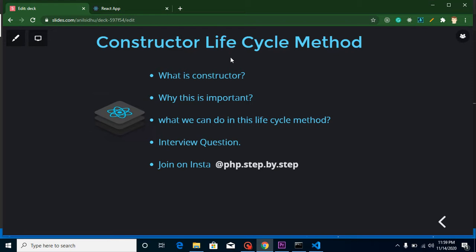The second thing: are we going to use a functional component or a class component for lifecycle methods? I will tell you in both kinds of component, but first of all we will learn about class components and lifecycle methods, then we will jump to functional components, right? So now let's talk about our first question.